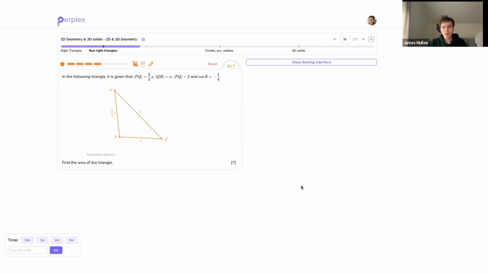I'm given that cosine of r, which is this angle here, the angle between PR and QR, is negative 1 over 4, which suggests to me that I should probably use the cosine rule. And the cosine rule in this triangle says that 2 squared, the side opposite that angle, is equal to 3x over 2 squared plus x squared minus 2 times 3 over 2 x